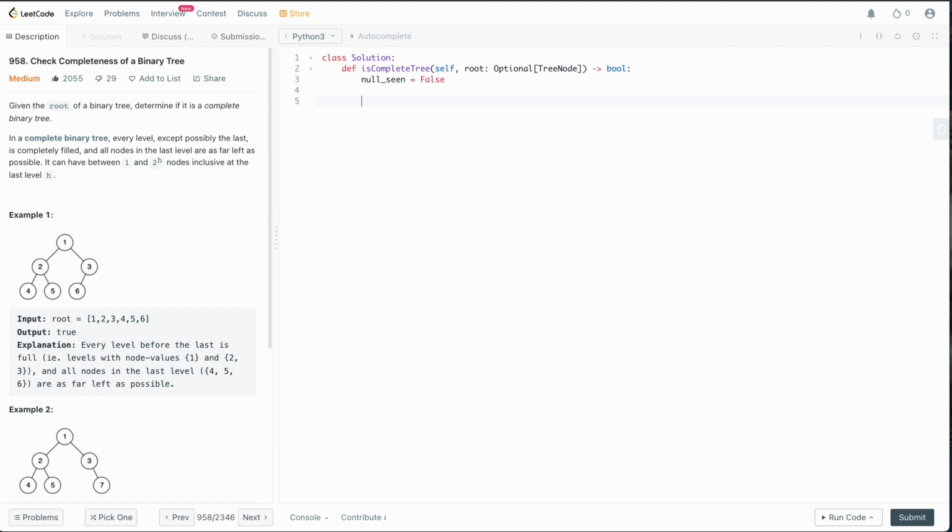So we're going to do this, like I said, in a breadth first search manner, and we're going to be using a queue here. So let's define that data structure. So we'll say collections.deque, and we'll put the root in there. So now what we're going to do is say while queue, so while we have something to process,